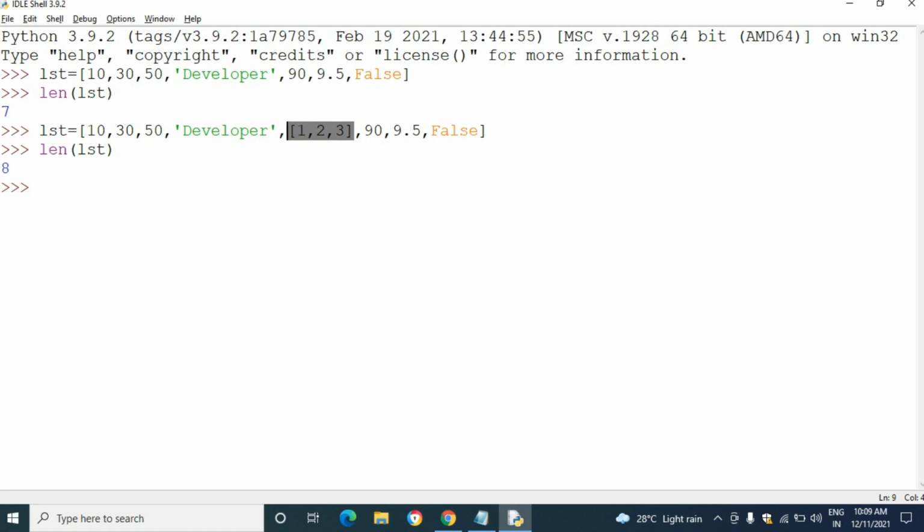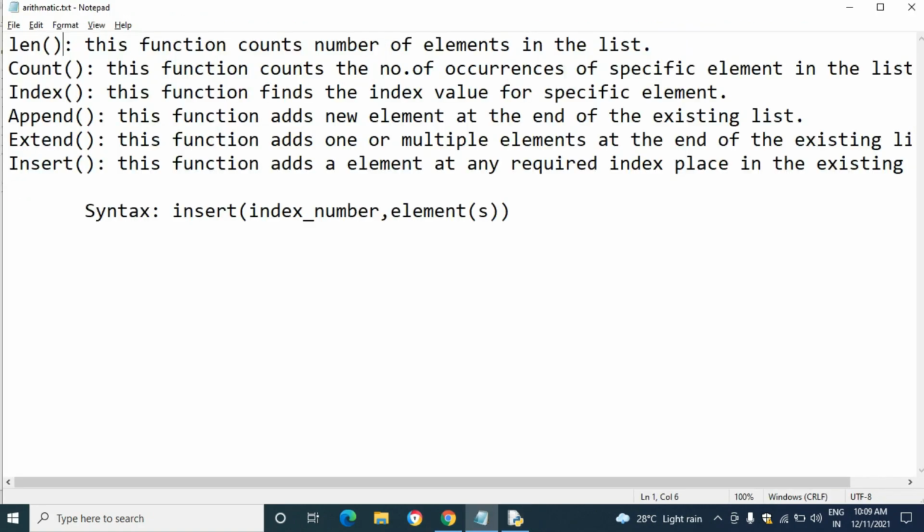See, 8. In the nested list, the list which is present inside the list will be considered as a single element. So this is 1, 2, 3, 4. The whole list is considered as a single element. So this is the 5, 6, 7, 8. So a total of 8 elements present inside the list.